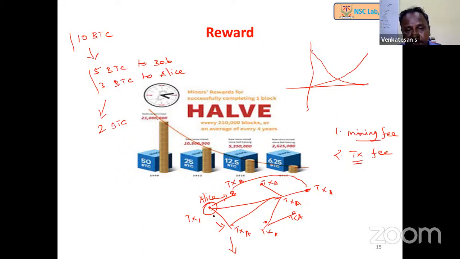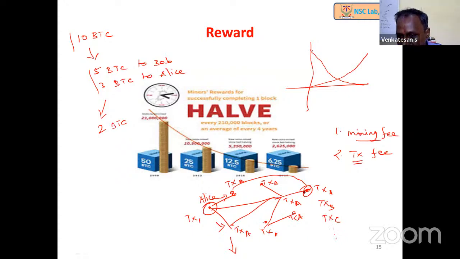In the same way, if Alice creates, let's say, a block, that is also forwarded to the neighbors, and then their neighbors forward it further, but they will forward only if the transactions or the blocks are valid. Otherwise, they don't forward. So this is the way it's getting transferred. Now, for example, this particular node will have so many transactions which are created and distributed in the network. So it will be like this.